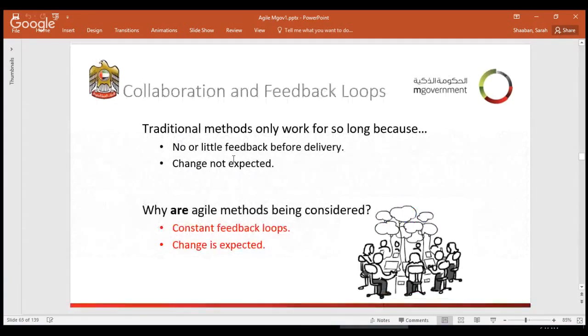Collaboration and feedback loops. It is always important to make sure that we capture the feedback. The traditional methods will only work for so long, because there was almost no feedback or very little feedback before delivery, and only during the delivery we figure out the surprise of the customer expectation versus what has been delivered, and a change that is not expected by the project team. This is why agile is more and more considered now, because it always considers the feedback loop: you have a workable version of the software, you get the feedback from the customer, you add or remove features